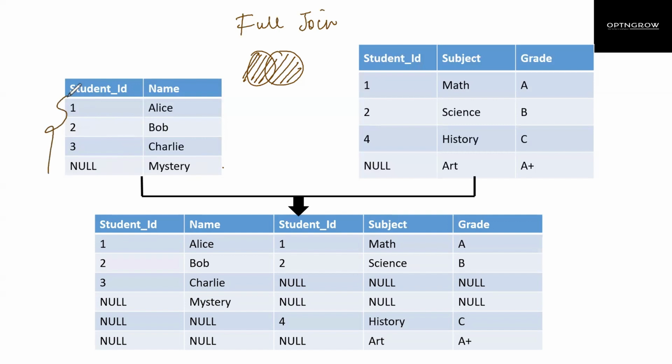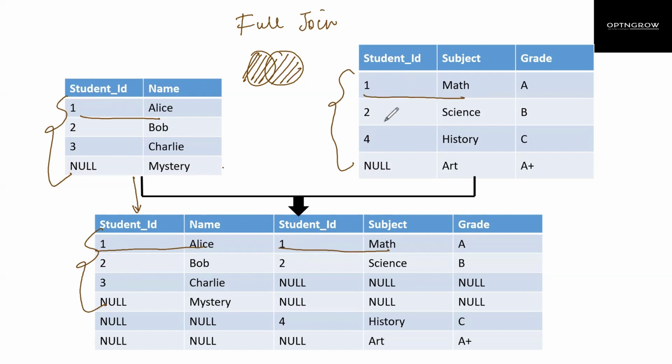So you can see over here that we have these 4 records from this table, from the student table. And then we have these records from the grade table. So this record, as you can see, is from the student table and this is coming from the grade table. So this is done. So this record is from the student table, and because again we have 2 over here also, so this is from the grade table. Now this record is from the student table, but in case of grade table, we do not have 3 in the student ID column. So we are getting null, null, null.